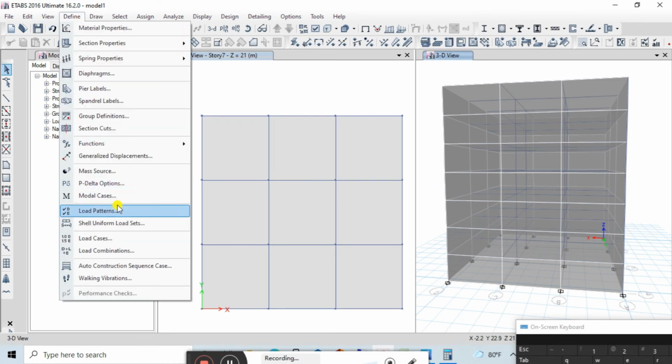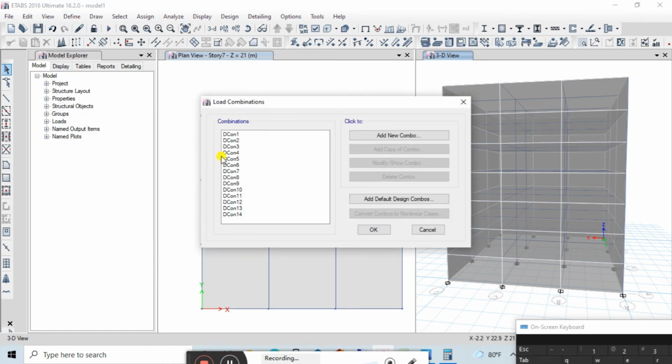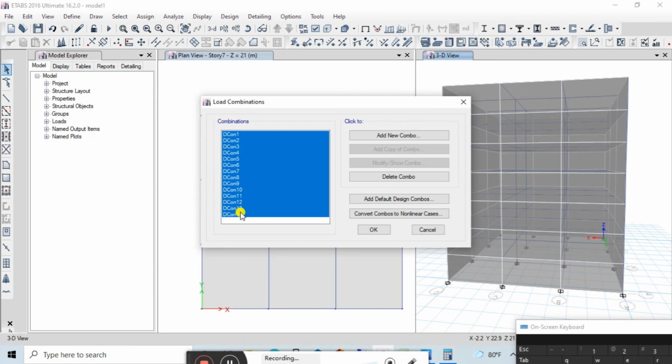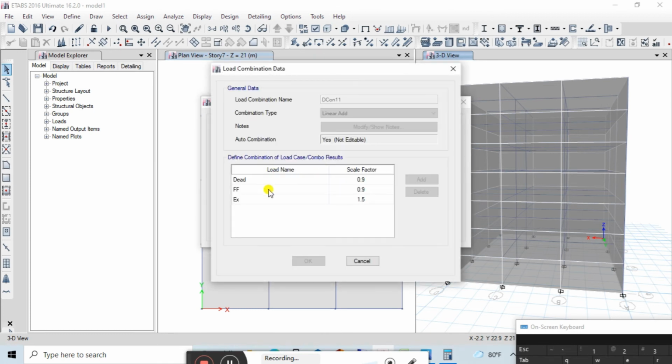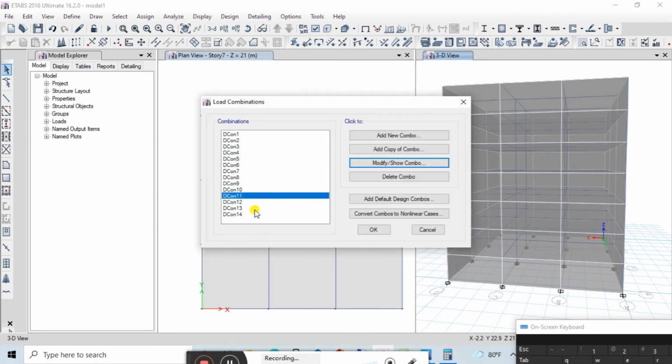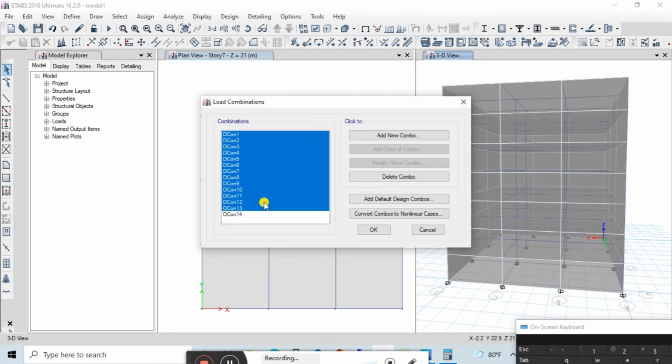I hope you know about the load combination technique we have studied in the code book. So these all are the default load combinations in our ETABS. We can use these also, but we don't know in these load combinations, as you can see, this is dead load as 0.9, 0.9, 1.5, but we don't know according to the name which is the most accurate and which is the real load combination.